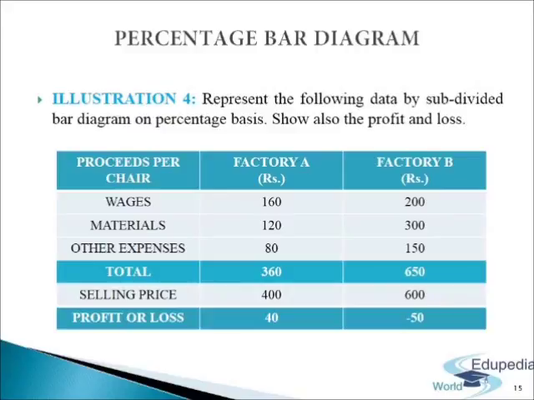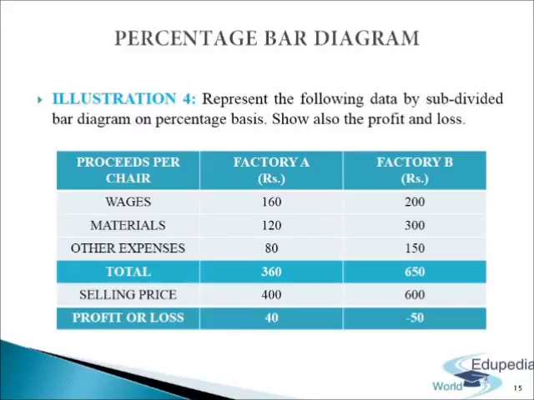The percentage bar diagrams are used generally when the values are of high magnitude. In such cases, the use of subdivided bar diagrams may not be appropriate because the values are of high magnitudes, and some parts of the bar may look very small compared to the others. Wide difference in parts of the bars makes comparison difficult. Percentage distribution of the bars in such cases should certainly be a better mode of presenting the data.